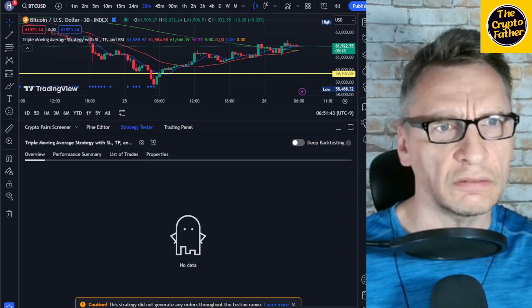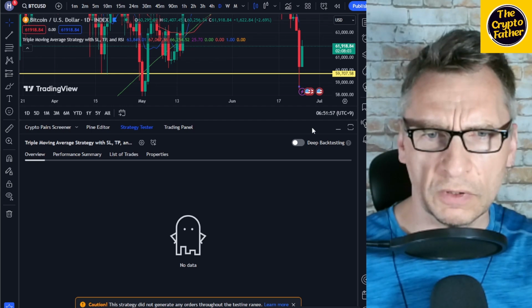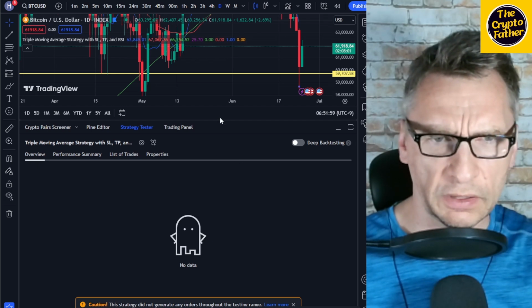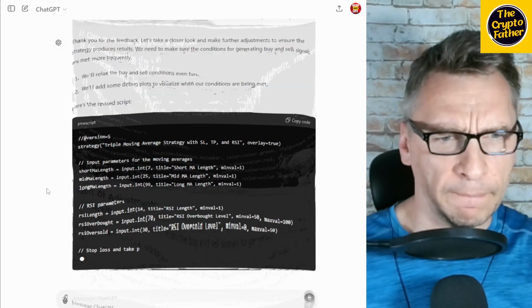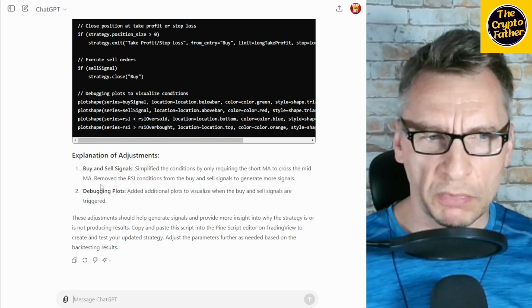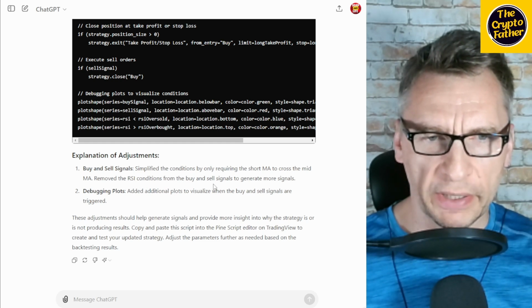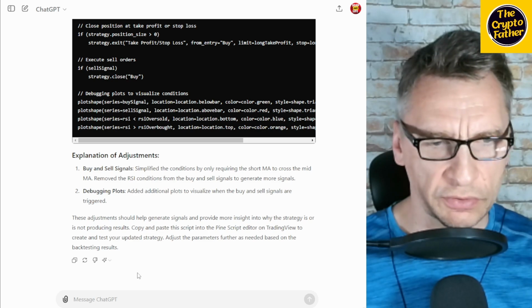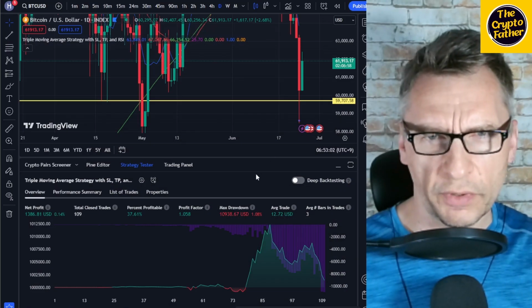No, still nothing. See if I can do it on a different chart time frame. Also not producing anything. Simplified the condition by only requiring the short MA to cross the mid MA, remove the RSI conditions from the buy and sell signals to generate more signals. Okay, let's see if this works. Yeah, so this generated,